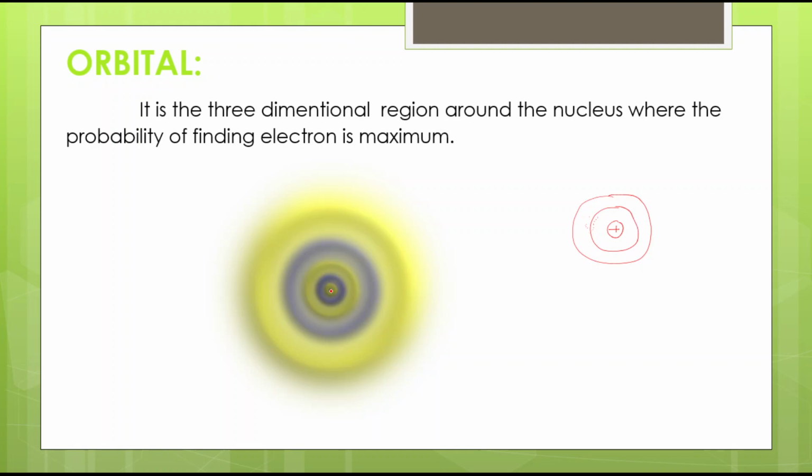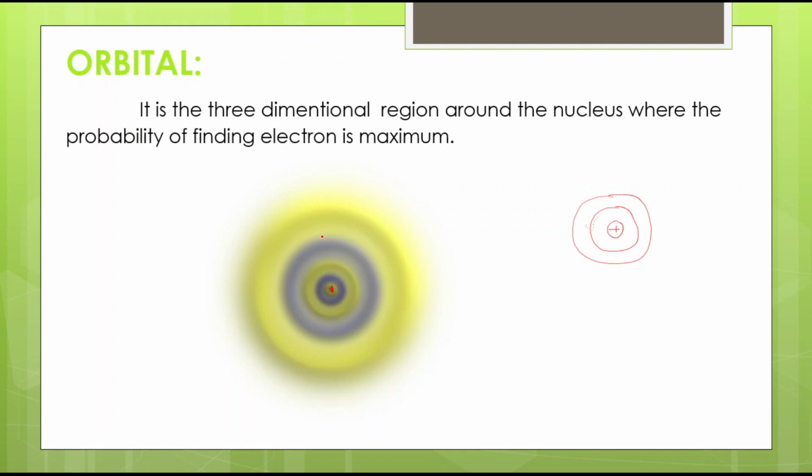So this is our nucleus. This nucleus is positively charged because of protons. So you can make out the difference from the nucleus and the first orbit. And this is the second shell, third, fourth, like that. So there is always some space between the shells where electrons won't be present. That we are going to study in our higher classes, what we are going to call them and all.